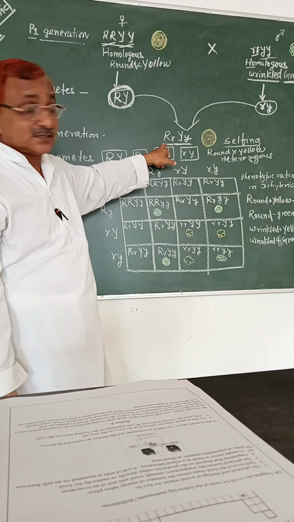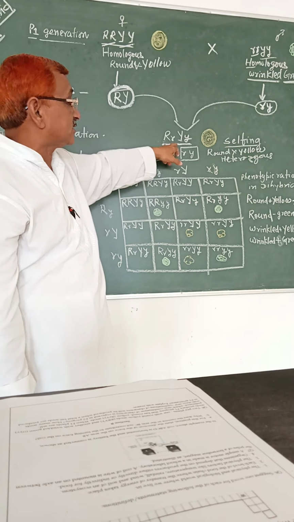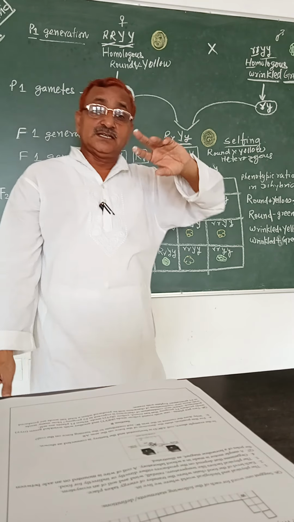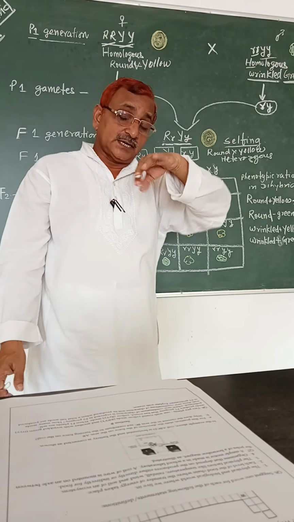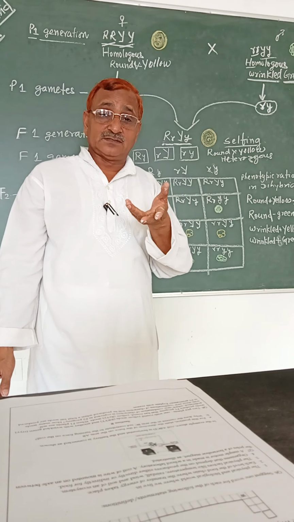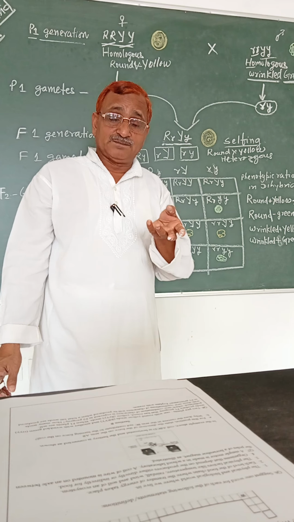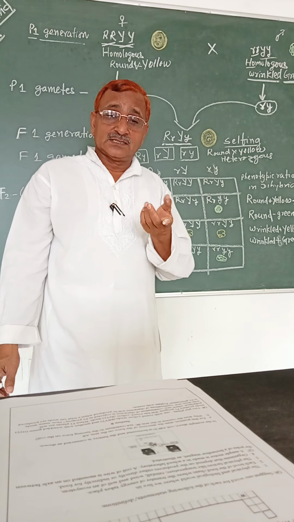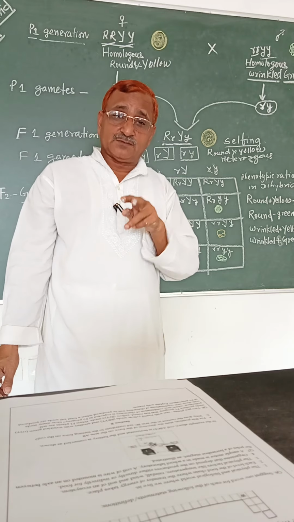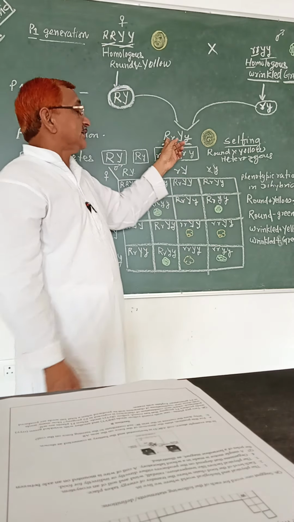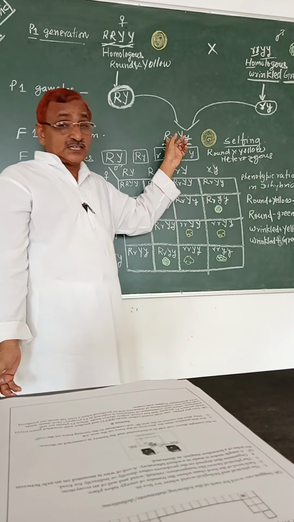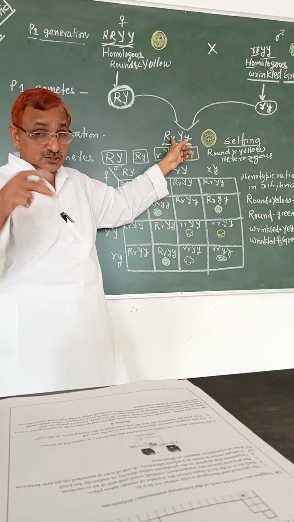According to the law of dominance, the F1 generation comes only round and yellow, like one parental generation. Mendel postulated that each character is governed by a factor which exists in a pair. Out of the pair of factors, one is dominant and is able to express itself, like here capital R expresses itself, masking the small r. So it is the law of dominance.